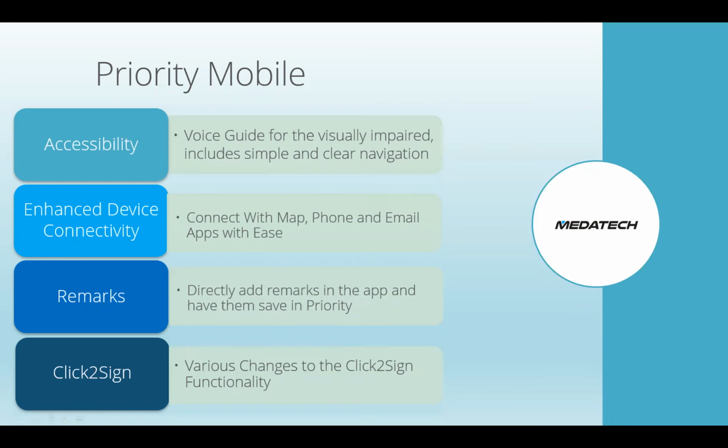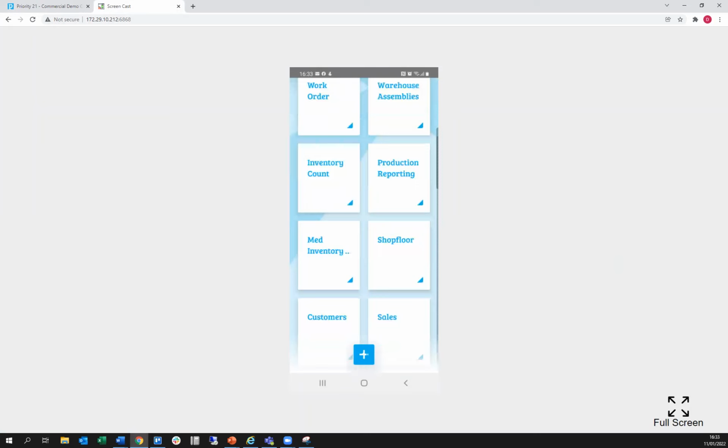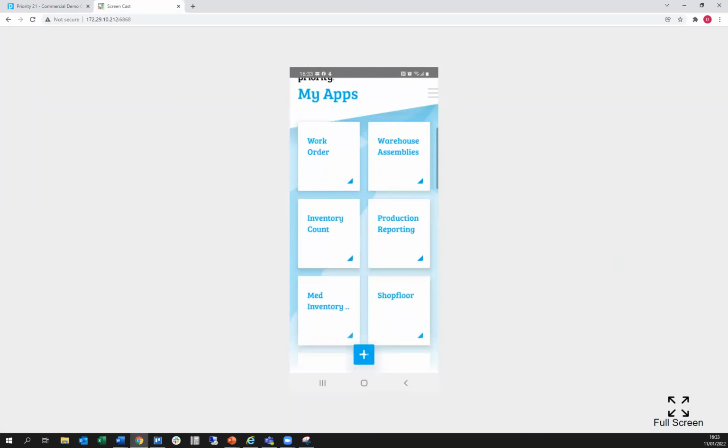Next, if we look to the screen, we can actually see Priority Mobile live on the screen in front of you. Your sales reps or technicians can now save time when going to see clients with the improved connection to your map app. If I open up the